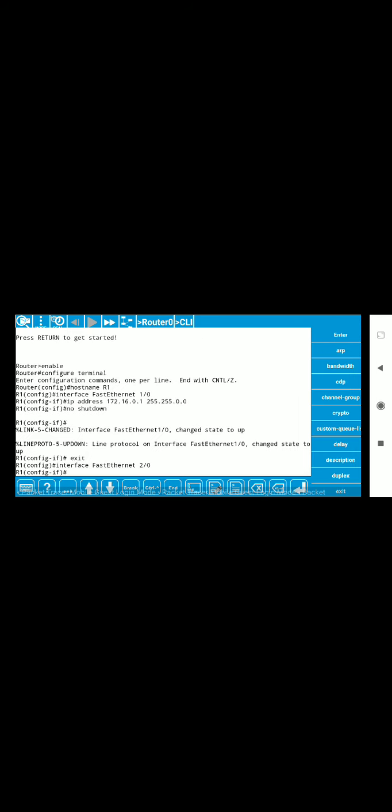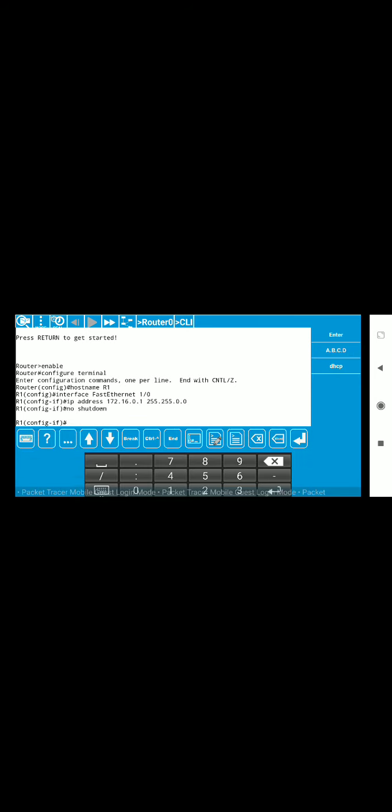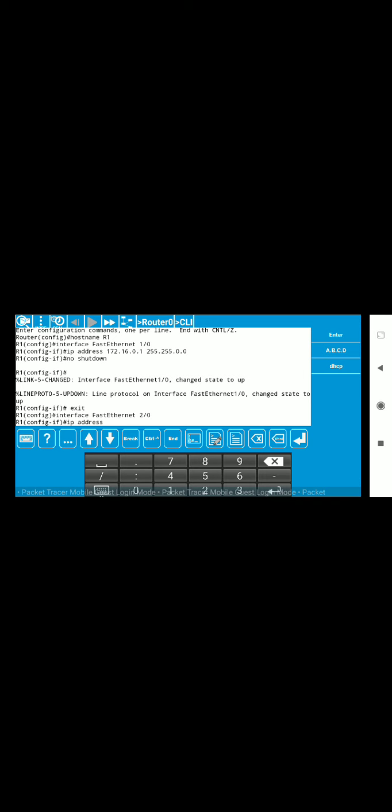Click on enter and just write the same command, IP address. Okay, so the next command is IP, then tap on address, IP address, then ABCD format. You can write the IP address for the second network, that is 192.168.0.1.